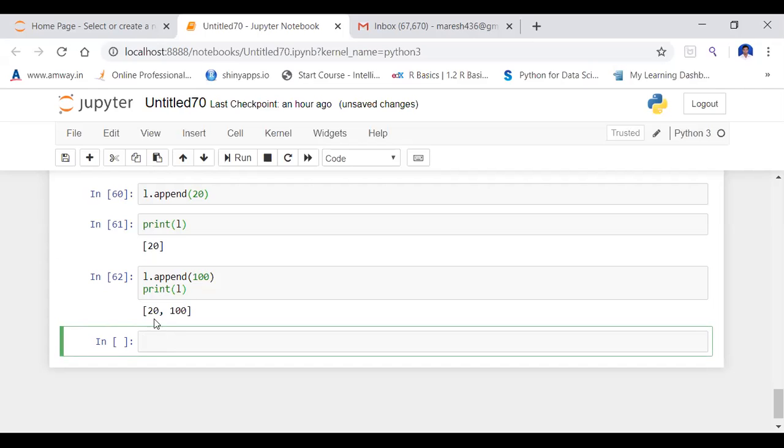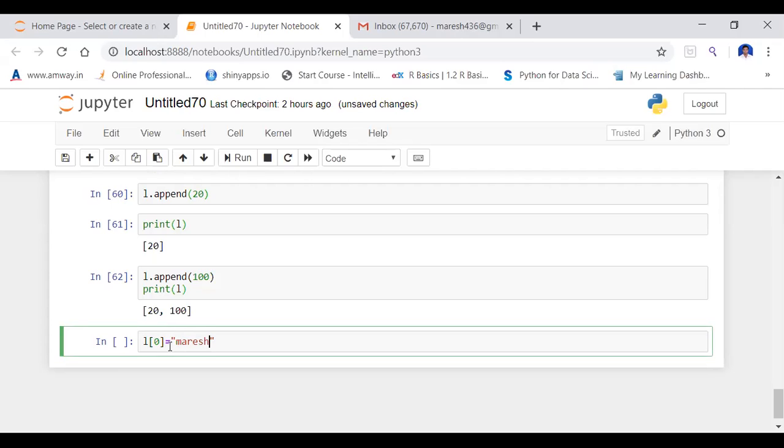Suppose if I want to replace 20 with some value, I'm going to replace 20 with some string. First, what to do? For L, I need to supply the index of my element. The index of this 20 is 0. The 0th element can be replaced with Marish.